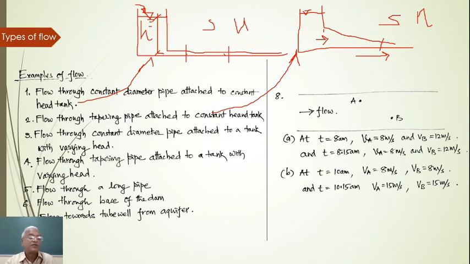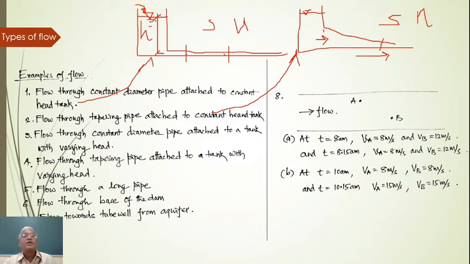Okay, we'll see the third one. Flow through constant diameter pipe attached to a tank with varying head. Here the same thing, a constant diameter pipe, but the head is continuously changing. With respect to time, if you take, the change is occurring. Now if you consider some instant of time, whatever velocity was there here, the same velocity will be there at the next section also, at the same instant. Because of that it is